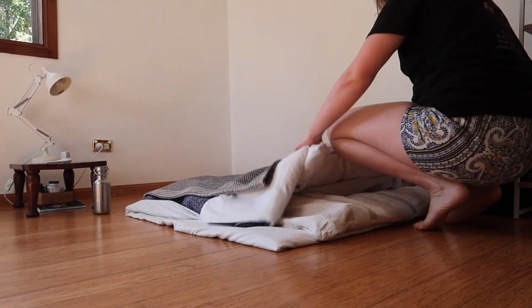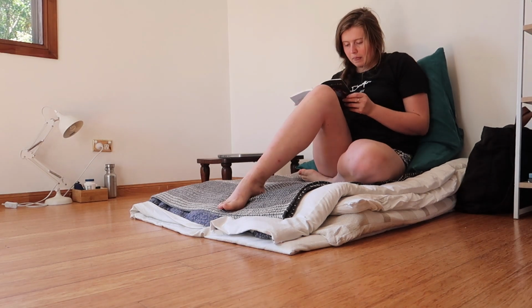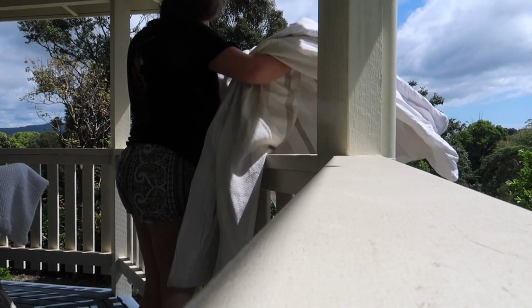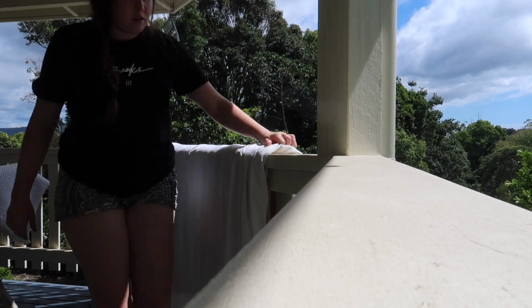I also chose to use those things because it's what I already had in the house instead of buying something. And I will be pulling it back each day, so that I can use the space in a more multifunctional way, but also so I can air out the floor underneath and give the blankets a chance to air. So I have to see how many days I'm going to put them out over the veranda and air everything out. It's just something I have to be really aware of because I do live in a tropical climate,